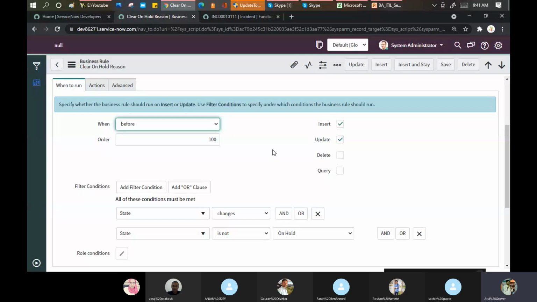Okay, so now you can see here that I have a when clause. When this particular business rule will run, it has 4 options: before, after, asynchronous, and display. Before means that if any record which is going into the database gives an error on the first place, that is the before business rule.